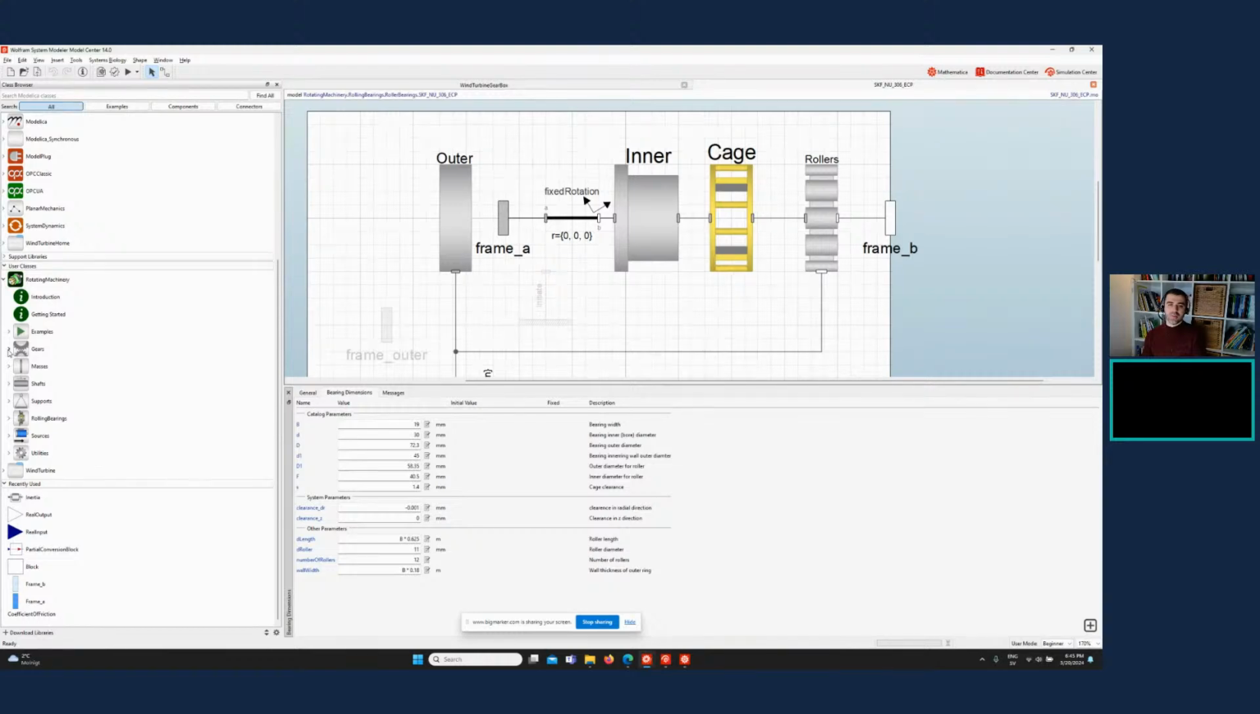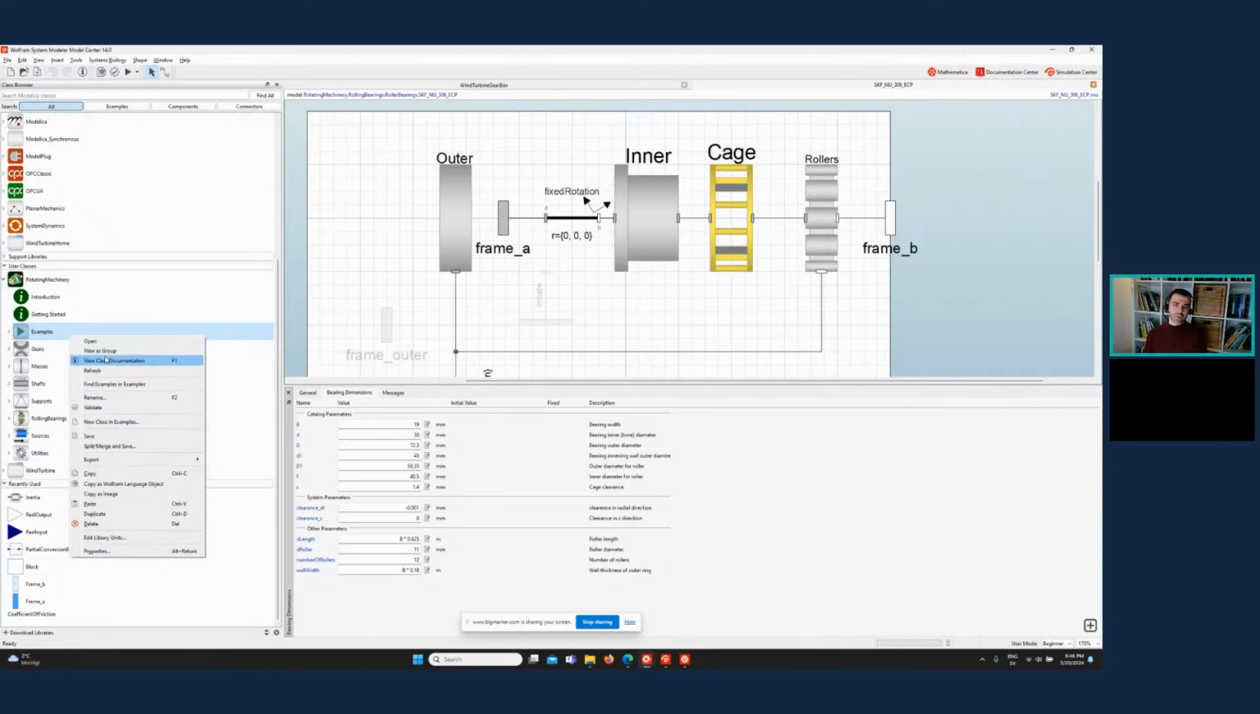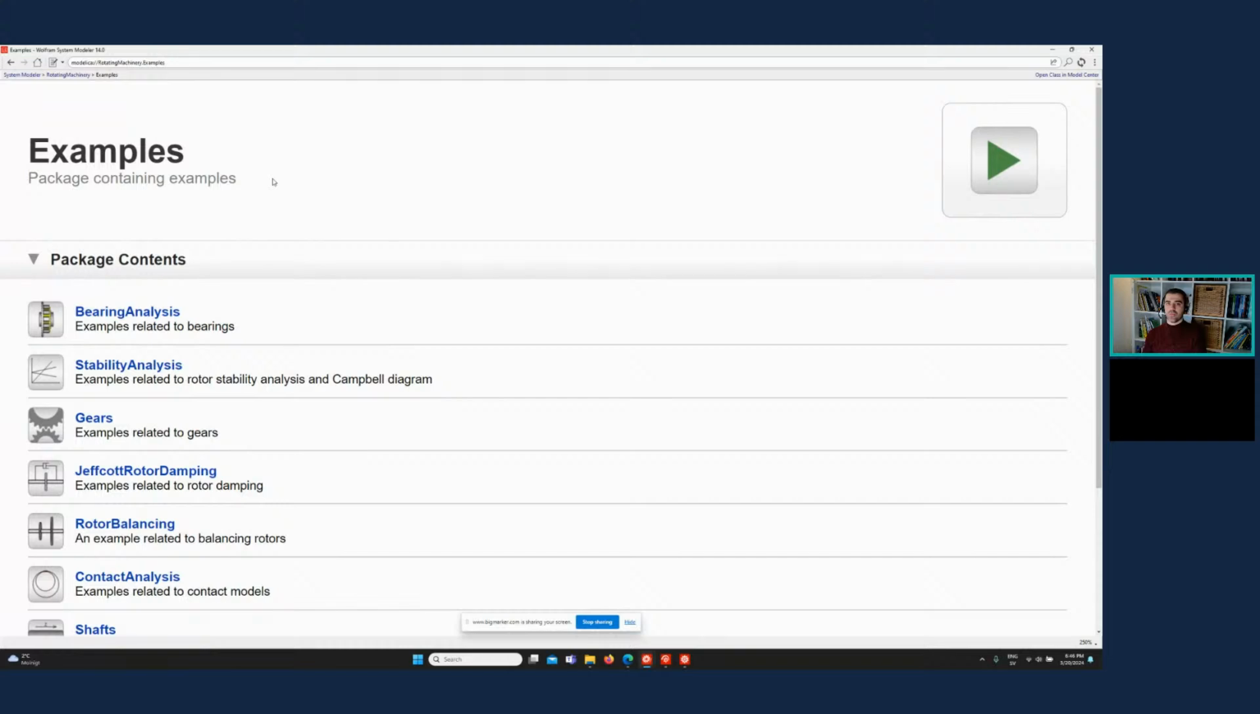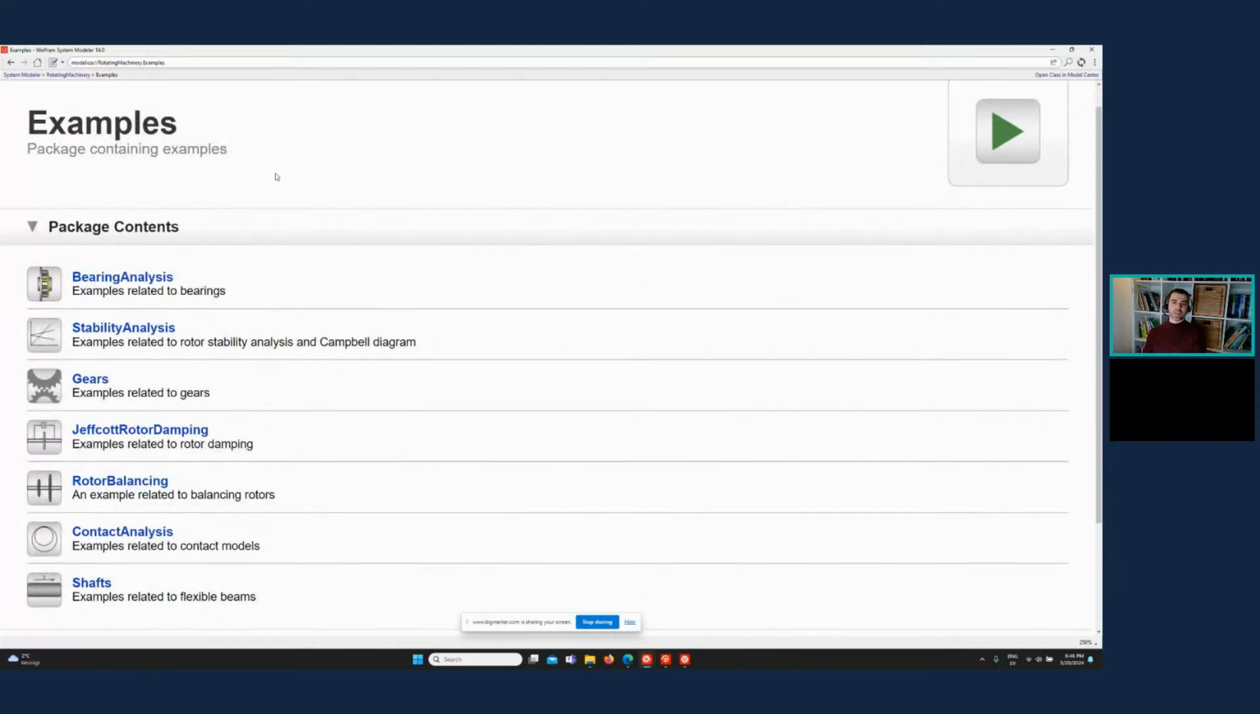And which other things would you say are the most important that are taken into account, that people would be interested in having in the rotating machinery library? In general, in the rotating machinery library, I will strongly recommend checking the example package, because in this package we listed and categorized different types of analysis, like bearing analysis. We did defect related forces